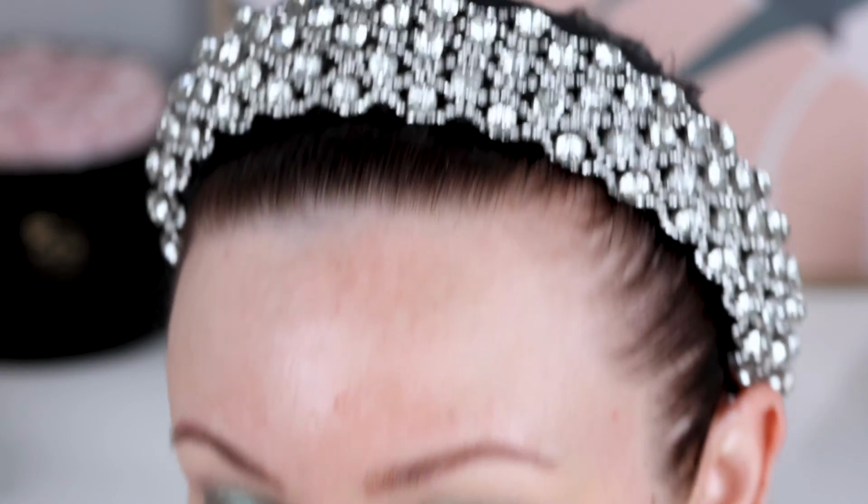It's interesting. I've not come across a formula like this. You can honestly just put this on as a one and done. Holy. I've got zero fallout. I don't even have a speck of glitter on my under eyes. That's kind of amazing. I'm going to take my Rephr number 14 now and I'm going to dip into Troubadour,